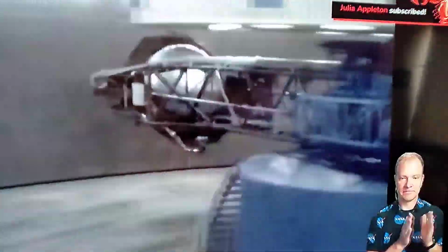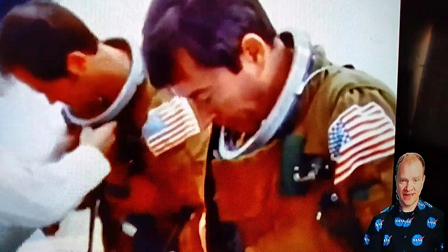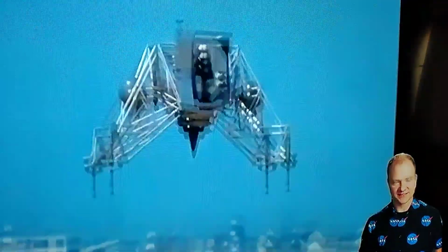There's a bunch of activities that are going to happen now leading up to launch. So we've got suit up happening now, kind of awesome to see. You've got the walkout, that'll be pretty awesome to see. They'll drive to the launch pad. It's going to take them like 20 minutes to drive to the launch pad. Kind of crazy. They'll have to go up the service structure, across the crew access arm, ingress into the capsule, and then they'll close the hatch and the closeout crew will leave. And then they'll be on their own. We've got, let's see,